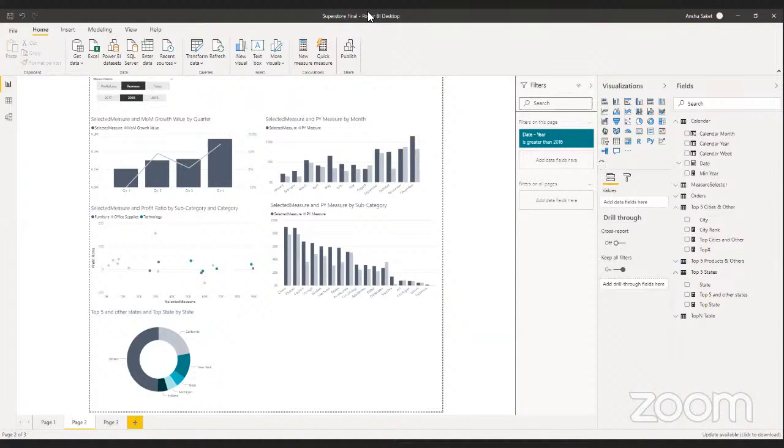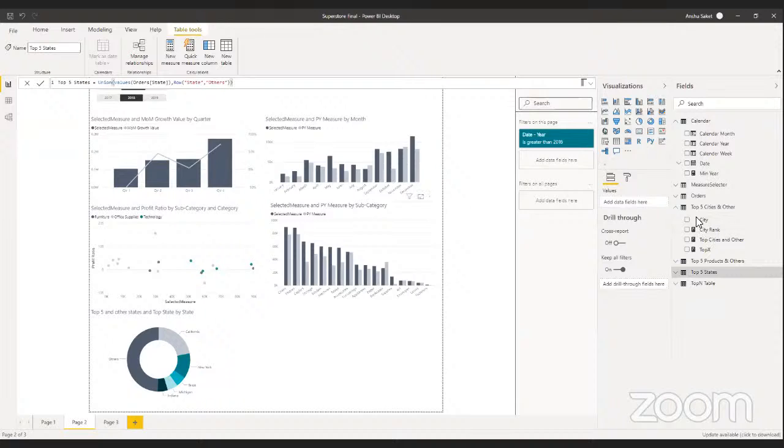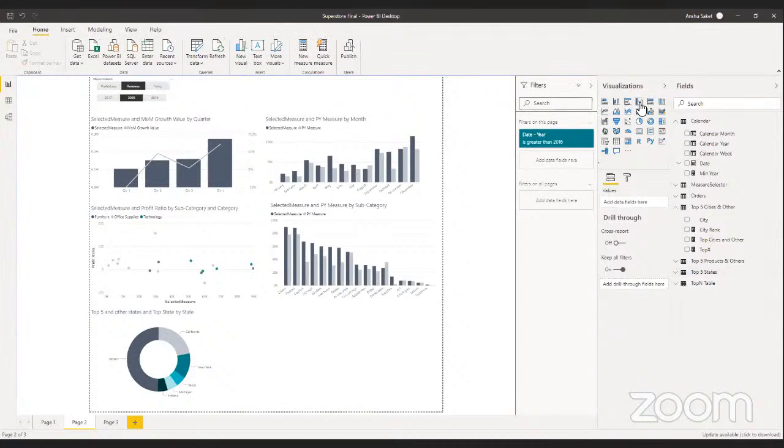And now we can see of the overall profit, how much the 5 states are contributing. They are contributing to half of it, right? So that's how we achieve top 5 and others in this. The last thing, it's more of a graph and less of a calculation, but if we want to see how much segment wise it is earning, so any graph, as a matter of fact, any bar chart will take